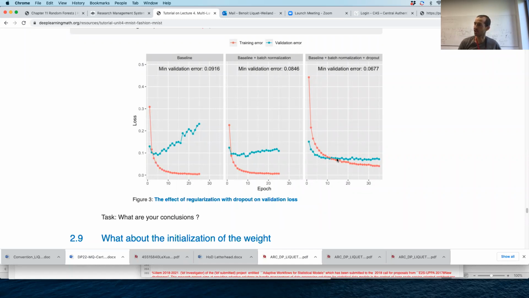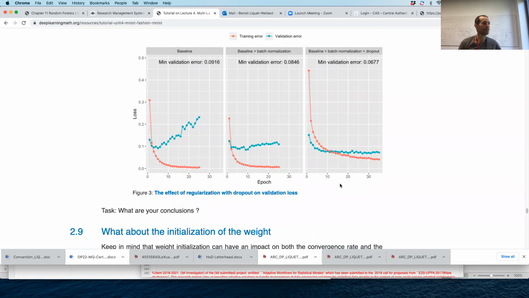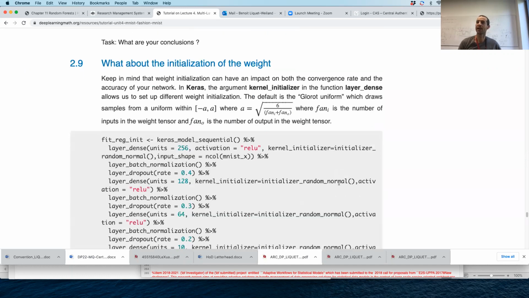Because the validation still starts to plateau, between 10 and 15 epochs you want to stop. Okay? So now we also want to play again with the